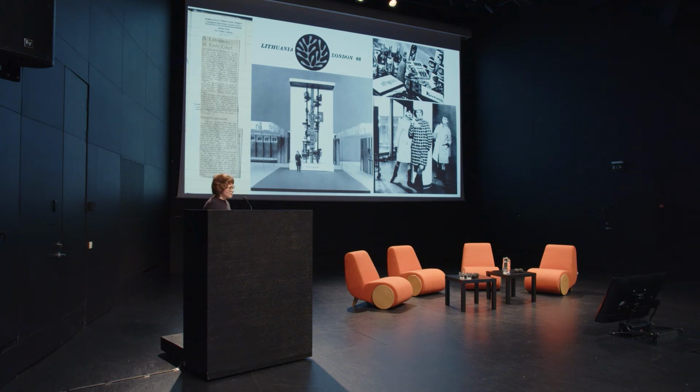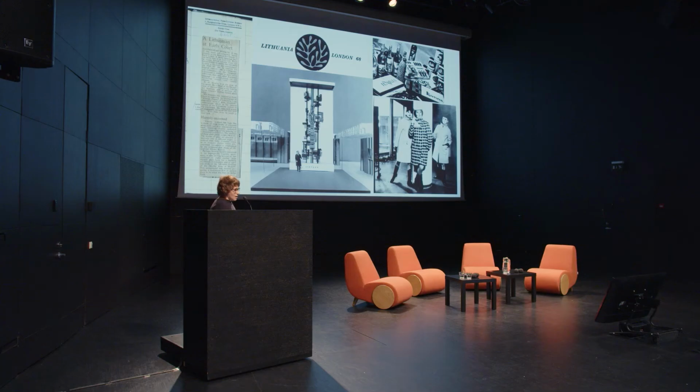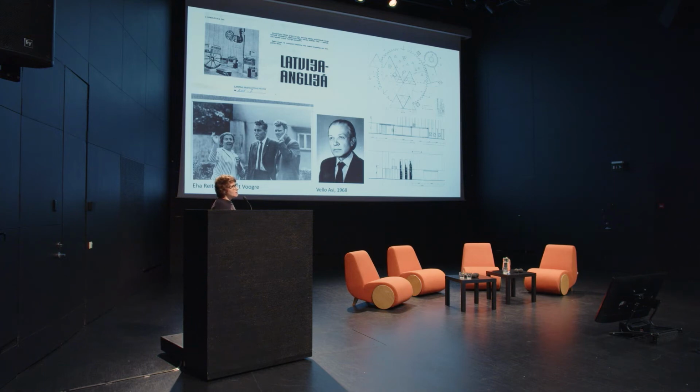We don't have time, and this is not a seminar dedicated to one particular pavilion, so I'm just showing briefly why this pavilion was important for Lithuania. It was done very interestingly, comparing all those international and national themes together, merging them and showing different topics, and also with a special installation, a kinetic stained glass installation created for this particular show. And the Latvian pavilion was designed by